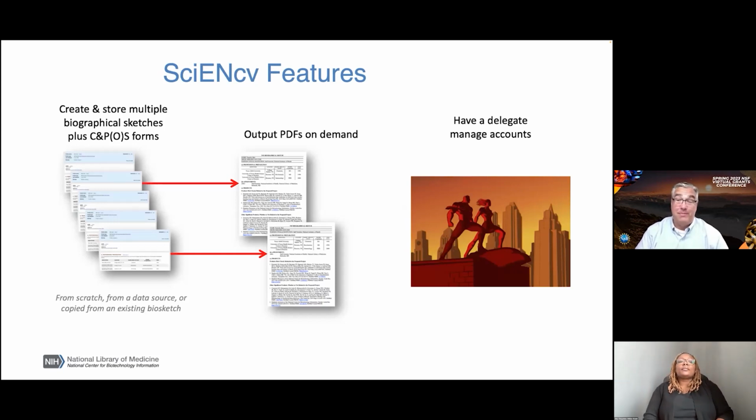SciENcv lets you store as many of these documents as you wish. So we realize that an investigator might have several applications that they're applying for. They might have a grant application that is specific to a clinical interest that they have. They want to have a biosketch that is tailored to that type of grant application. Perhaps there's a secondary research interest that's more general science, and they might want to have a separate biosketch tailored for that grant application. In SciENcv, you can have as many biosketches and financial support forms